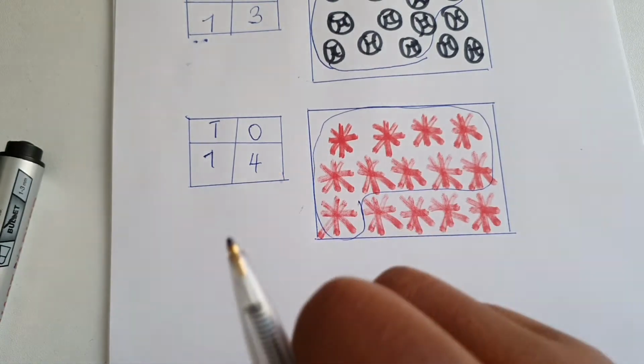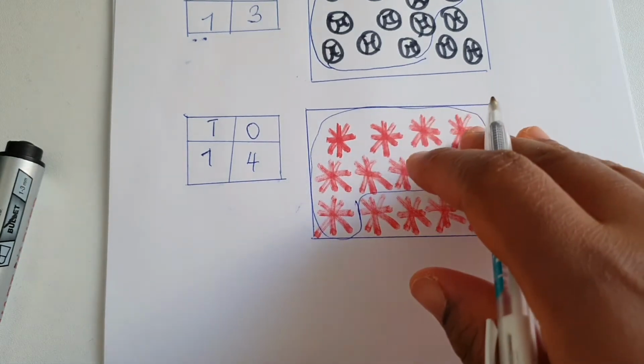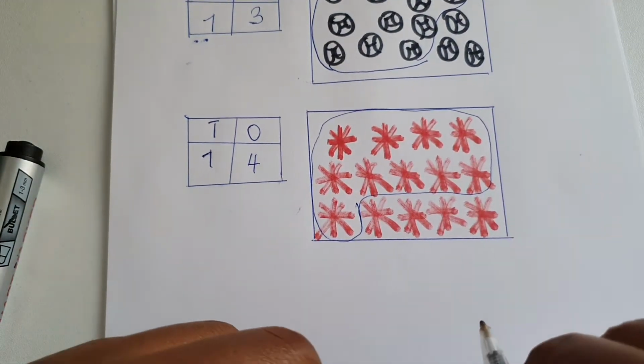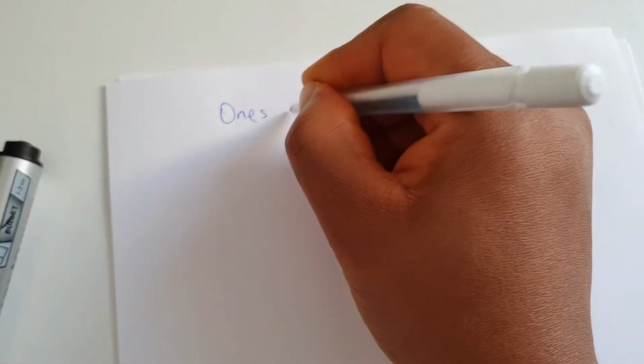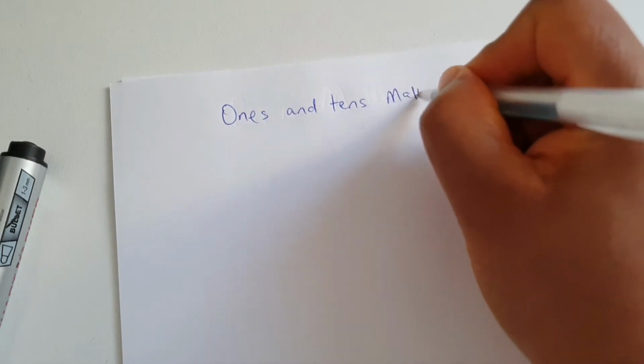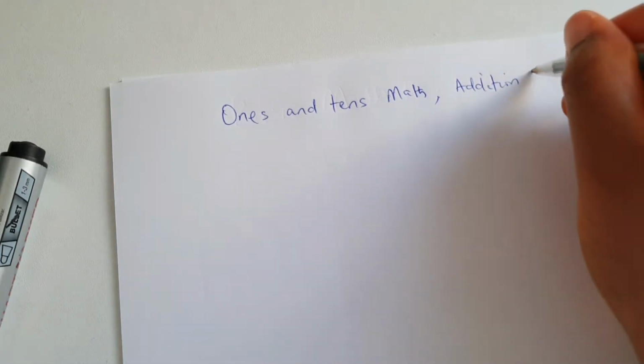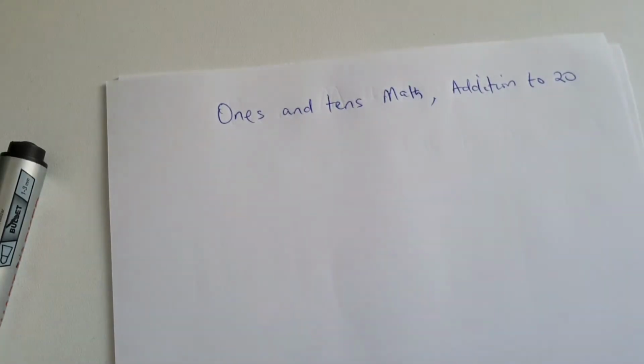Okay, so now let's do this mathematics. Let's take it to another level where we will do it in addition till 20. Okay, so let's start. For example, we still have, okay, the topic now is ones and tens math, addition to 20. Okay,